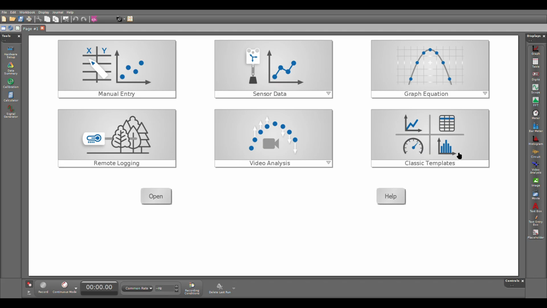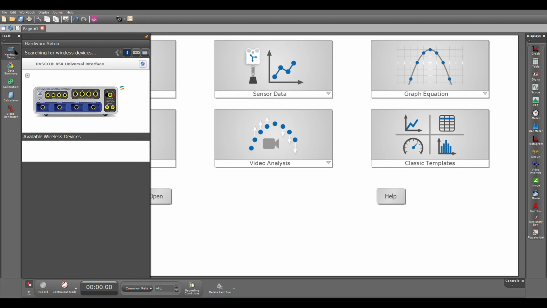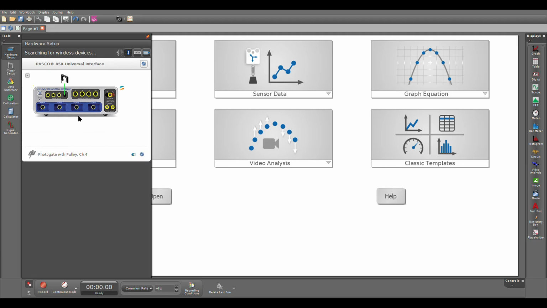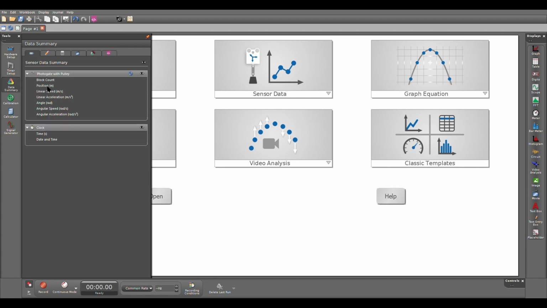First thing that we'll do when we get into Capstone is the usual. We go over to this guy here, and we're looking for the port on the 850 in which we place it. In this case, I've placed it in the fourth port, so we'll click on that. And because of the spokes that are on the rotating platform, this will behave like a photogate with pulley. So we click on photogate with pulley,